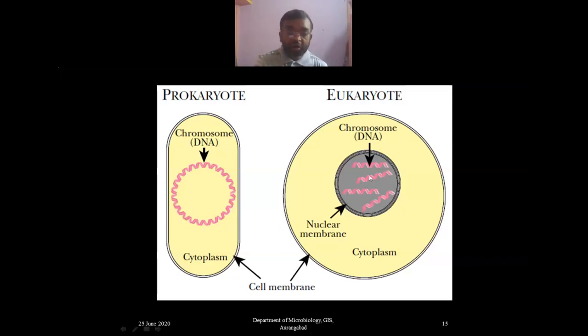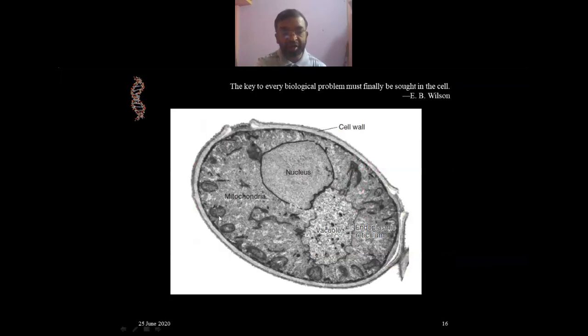Now, not only as far as the nucleus is concerned, beyond that also there are several things which are different. How? First, let me clear it with the eukaryotic system. So this is a typical eukaryotic cell. This is a live picture taken by the electron microscope. Here you can see the mitochondria, nucleus, vacuole. This is not a drawn structure. This is a direct micrograph. Since you find a lot of unclear, just shades of black and white, within that we are talking about our nuclear material which is present here.